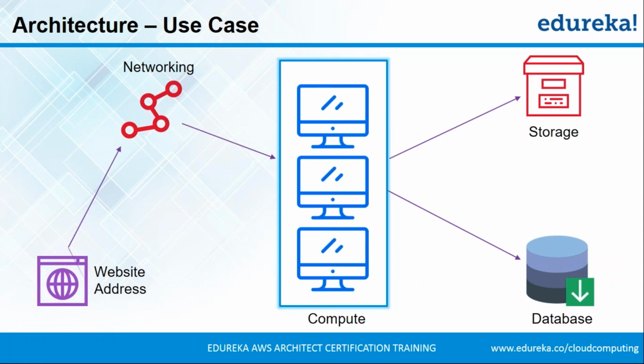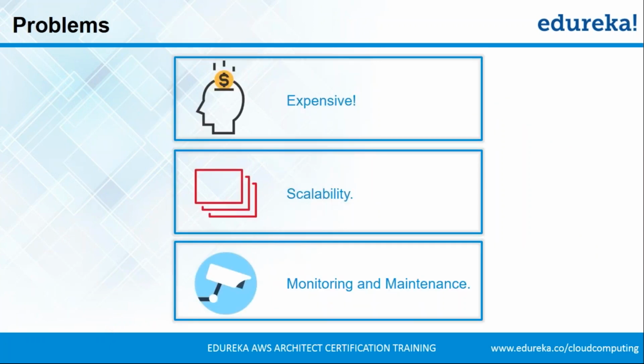Now, if you were to make this architecture using the cloud services, you have AWS at your disposal. But let's also give it a thought. If cloud computing was not there, you would have bought everything yourself on your own money, and you would have made this architecture. Now, this would have led to problems. Let's see what all problems you would have faced. So first of all, this setup would be very expensive. Why? Because guys, you'll be buying a lot of servers, and guys, servers are not cheap. They are very expensive. This setup is obviously going to be very expensive for you if you buy all the servers.